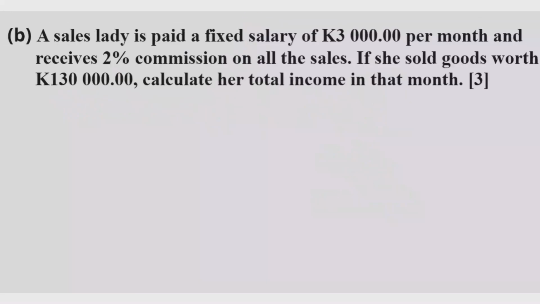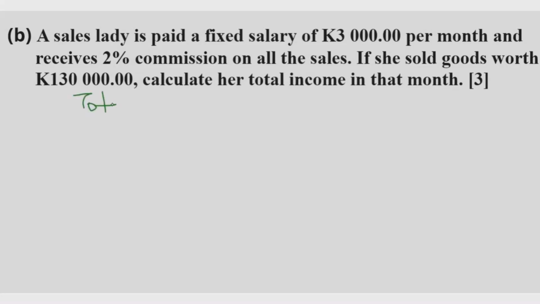Question B was as follows: a sales lady is paid a fixed salary of 3,000 kwacha per month and receives 2% commission on all the sales. If she sold goods worth 130,000 kwacha, calculate her total income in that month. For us to find the total income of this sales lady, we need to come up with this expression. This expression is the one that is going to help us to find the exact total amount she made. So the expression is